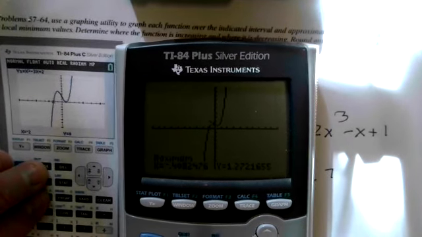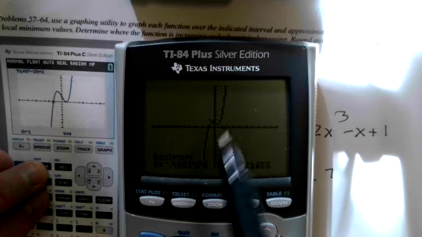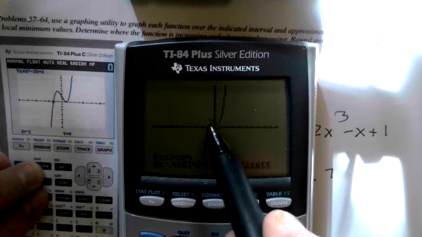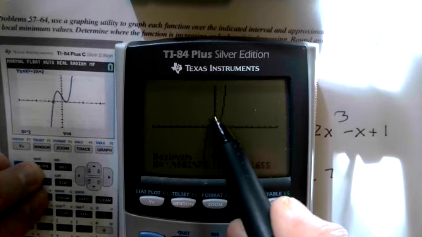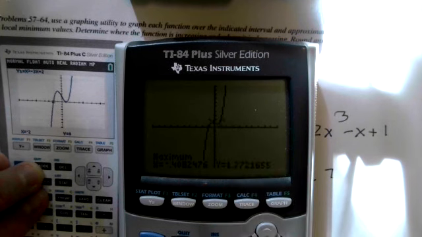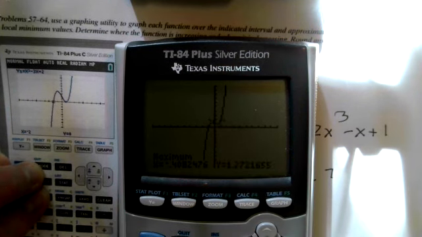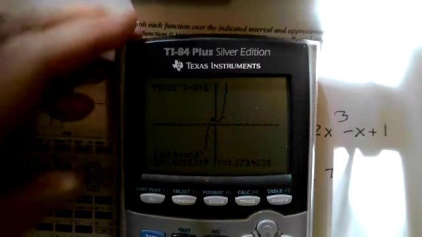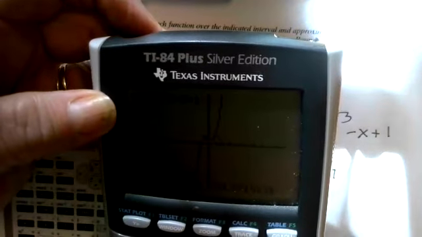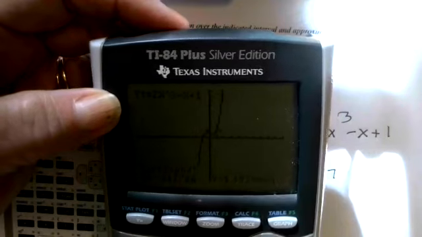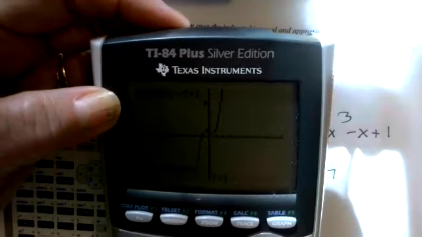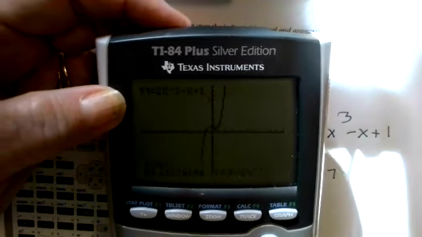This is not going to have an absolute max or an absolute min. But it looks like it turns and then it turns again. So it goes up, it has a local max, and then it turns and it has a local min down here. So let's go second function calc, and let's do minimum. That's option 3, I believe. And so now we want to be closer. Well, we could just hit enter right here, because we're to the left of that local minimum. And then if we just go to the right,